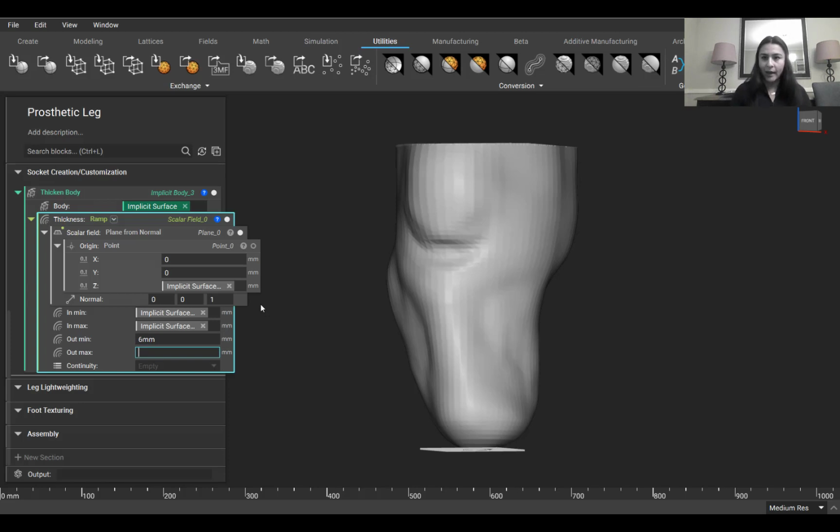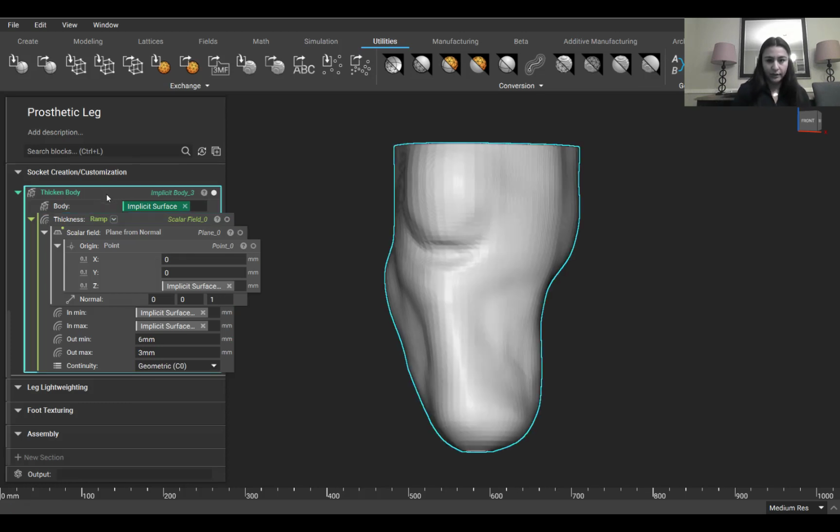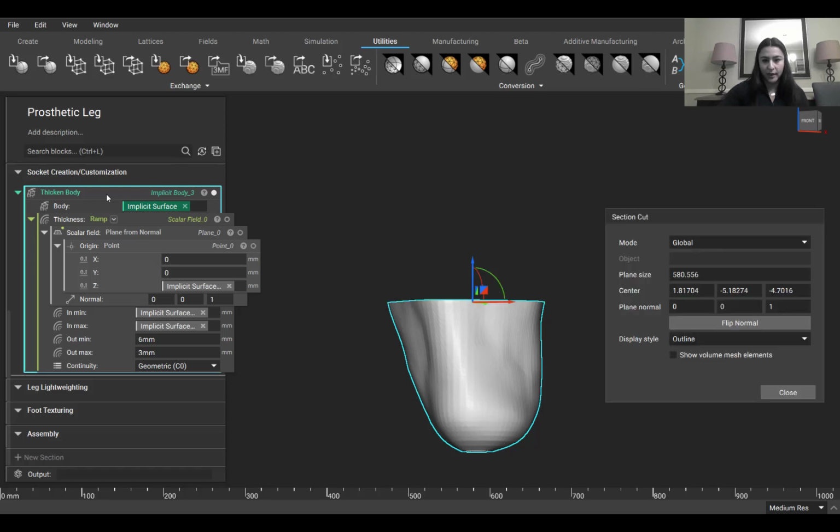And our out max is 3 millimeters, so it's a little thinner around where it interfaces with the patient's limb. I'll give it a geometric continuity. And if I isolate using I and section cut using X,